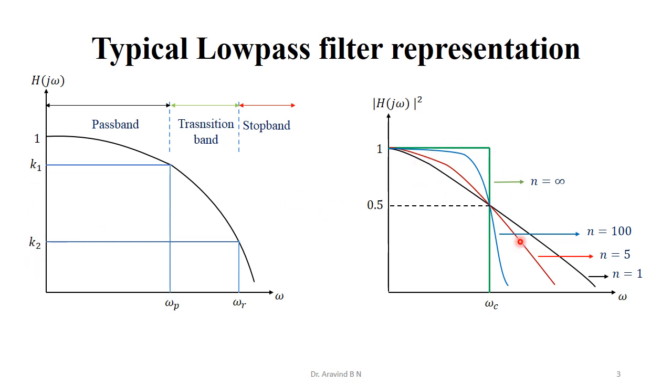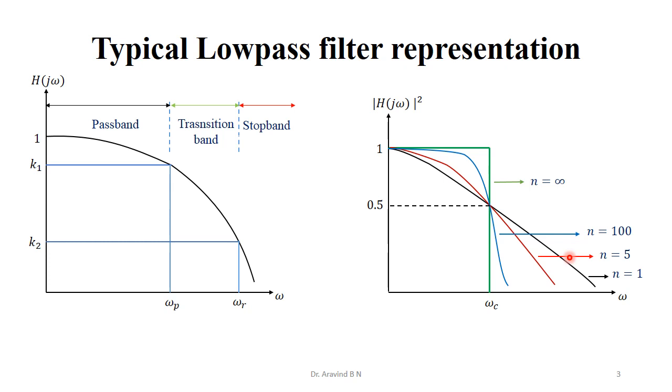Now this is another low pass filter realization where we can observe several lines. The one in green color is the ideal case and all the others are practical cases. So this is going to be the order of the filter. If the order n is equal to 1, then this is the representation curve we are going to have. This has the higher transition band, the lower pass band, and then the stop band.